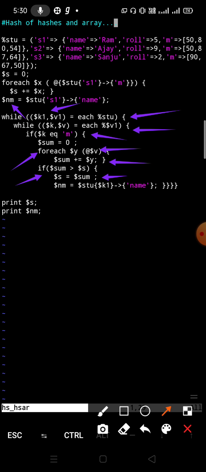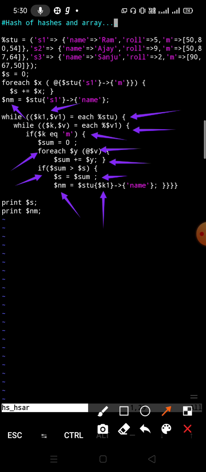That means our $s will contain the sum of marks of the student which will be maximum. Okay, so the maximum sum of marks will be stored inside the variable $s. And we are also changing the value of $nm. $nm will contain the name of the student who gets the maximum marks. For that purpose we are taking the reference $k1.